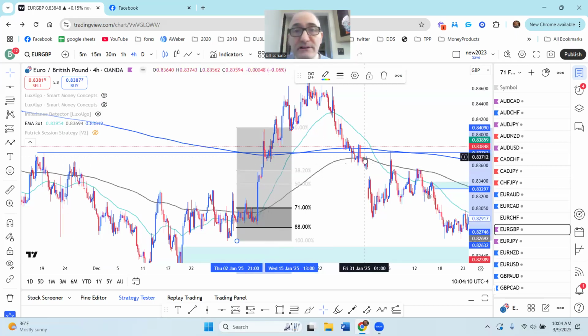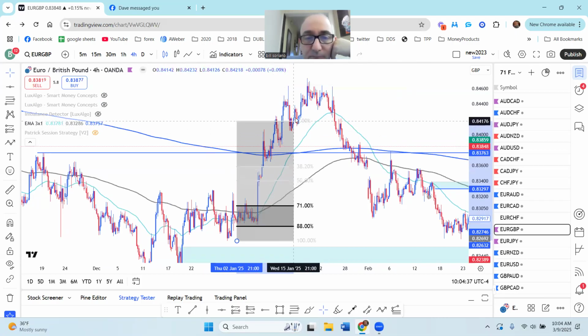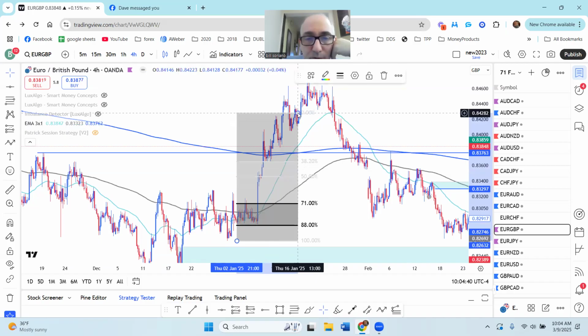So that's what I use to determine if something is a valid pullback in order for me to determine that a new swing high or swing low has been created. Now, I can use that pullback to say, hey, I got a clear break of structure to the upside, right? But I can't use it to make this the swing low, okay? So if this is not a valid swing low, then when this makes a new swing high, I have to move that up to there. I can't move the bottom part. The bottom is still down here,